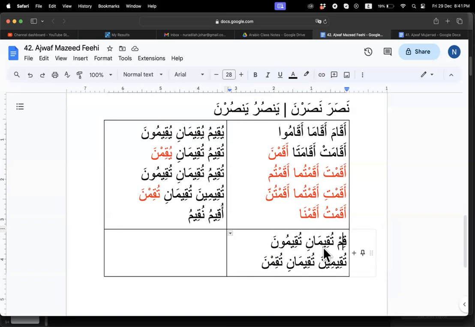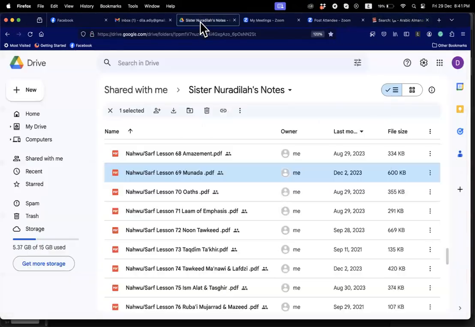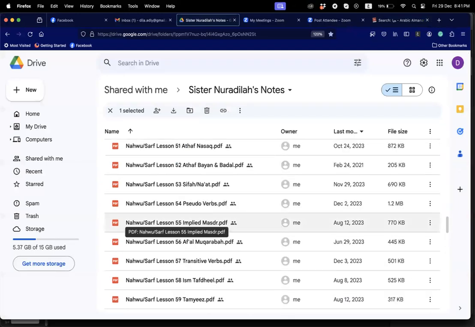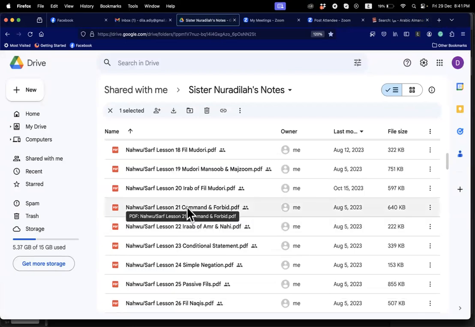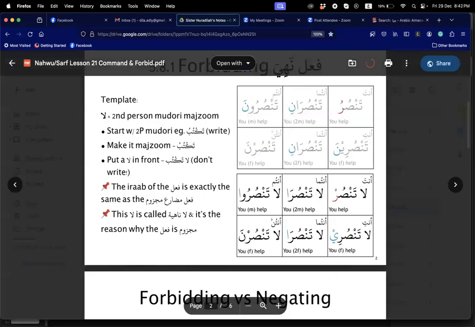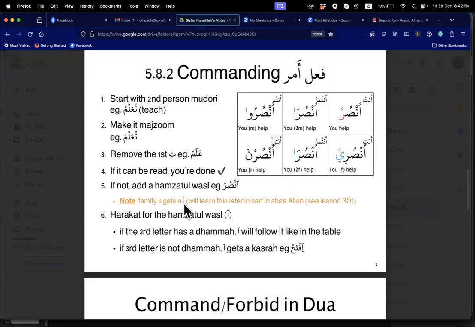Family 4, the special thing is, even when you can pronounce the word, you have to put the alif fathah. Remember that? Let me show you. When we did amr, go back there for a while. We have this note here: Family 4 gets a fathah alif. Usually we add